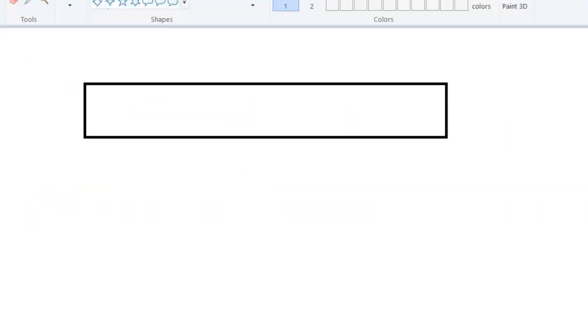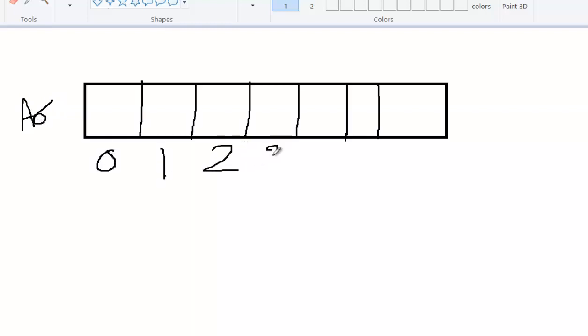Now coming to the size, let's say 1, 2, 3, 4, 5, 6. Let us assume that this is an array. I have defined the name ar. This is 0 index, 1 index, 2 index, 3 index, 4 index, 5 index, 6 index. So how many elements are there? All total 7 elements are there. Start from 0 and 1, 2, 3, 4, 5, 6 up to last.